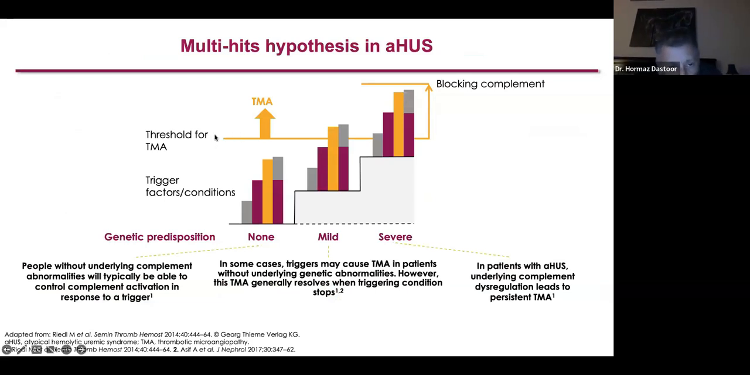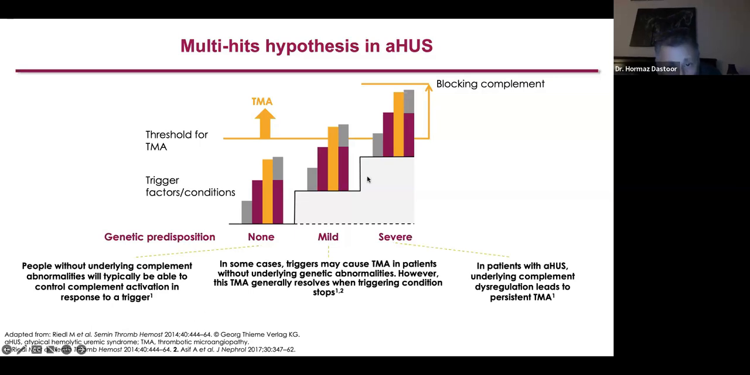So here you see that this is a threshold for clinical presentation of TMA. In patients without underlying complement abnormalities, let's say they present with malignant hypertension and they do not have underlying complement abnormality, they may have some level of complement activation, some level of TMA, but it is a mild process which is self-limiting and does not manifest itself clinically. In some patients, the triggers such as malignant hypertension can present itself as a TMA, but these patients may not have underlying genetic abnormalities. When you treat the malignant hypertension, the TMA process resolves and disappears, and the patients